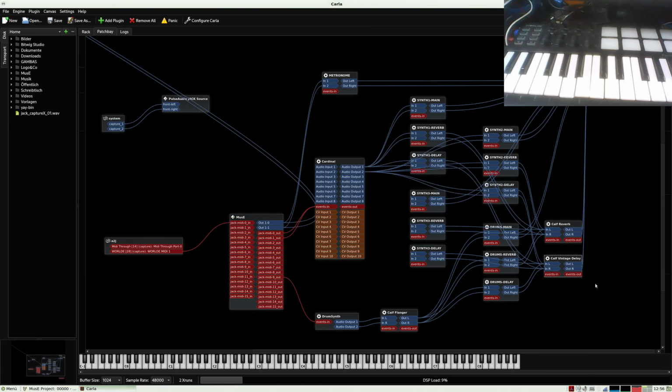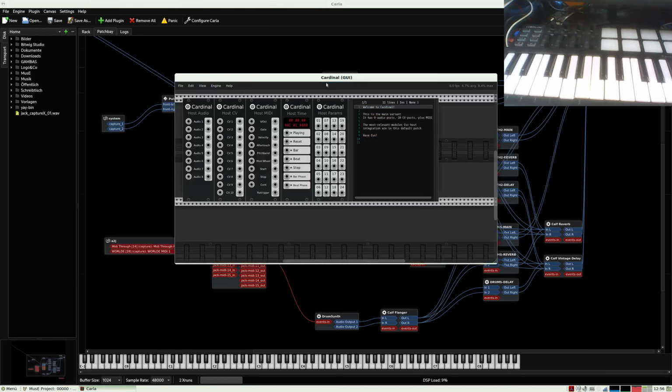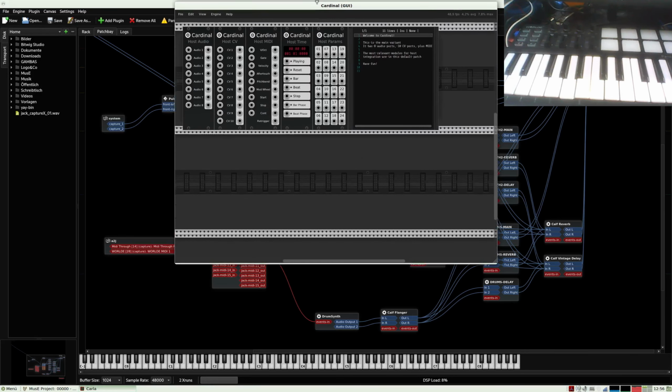Okay, now these are almost all connections, and the next connections are done inside the Cardinal software synth, and these connections are quite big. So let's double click on Cardinal. Here we have the Cardinal.